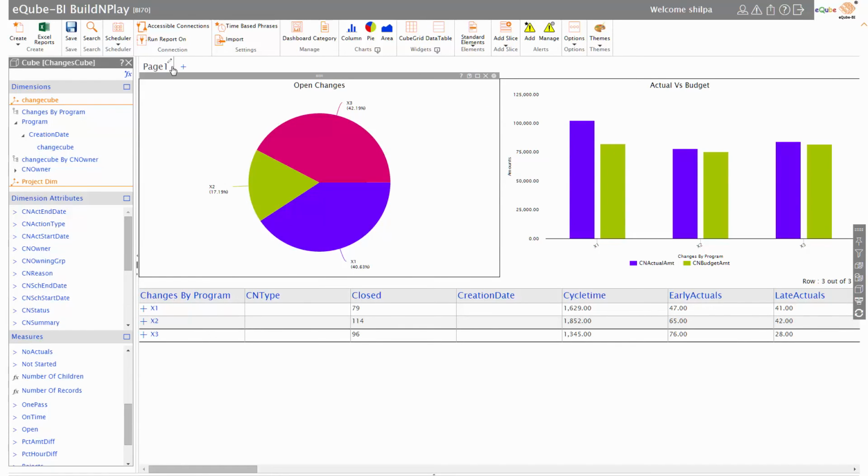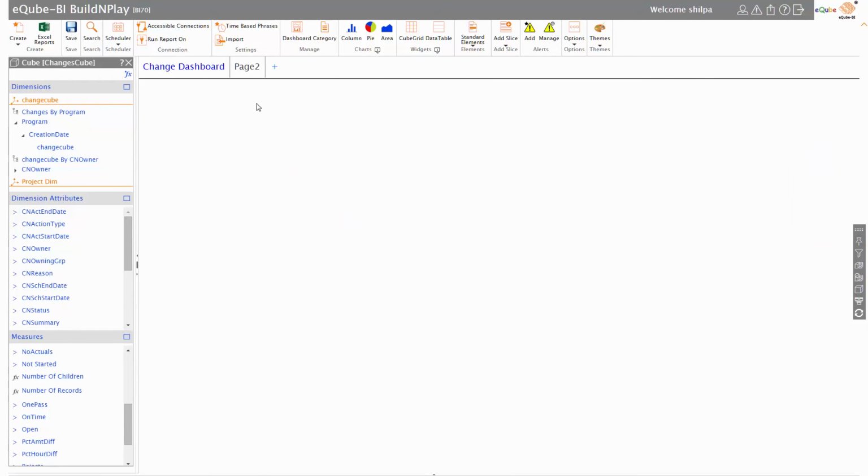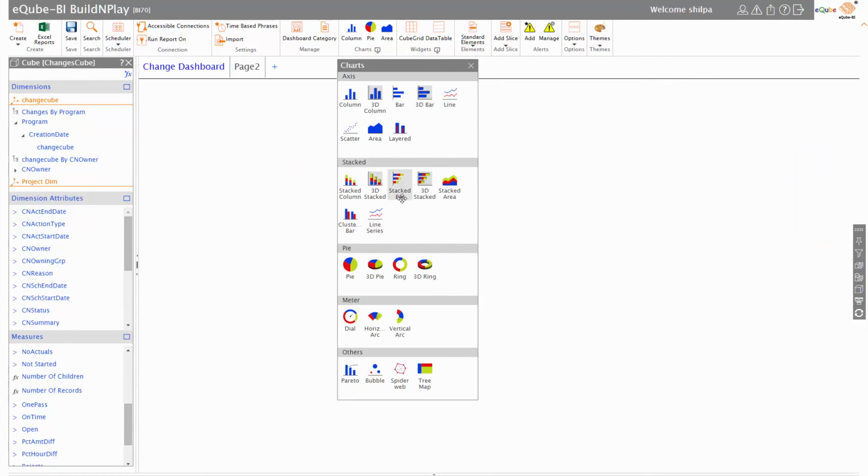Pages are different perspectives of your data. You can create multiple pages to create multiple visualizations. You can provide a different name to the page based on the report or the dashboard that you have created. On the second page,